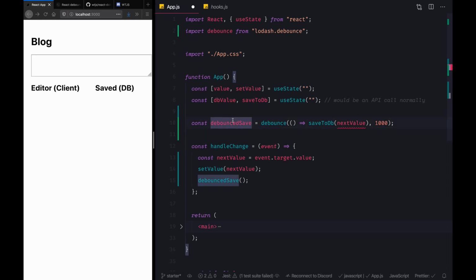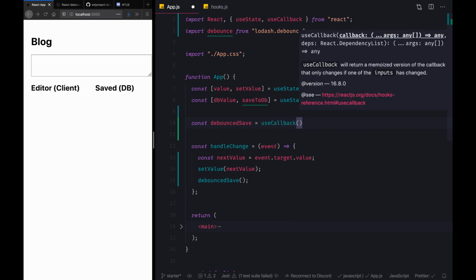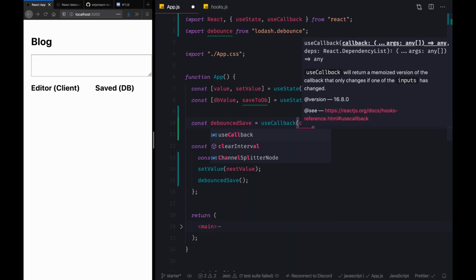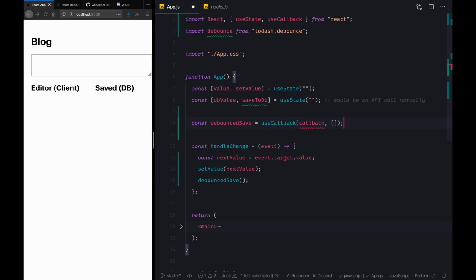But over here we can use useCallback to ensure that this function is created only once as the component mounts. So let's do that. So I'm just going to remove this for now, take a useCallback, and this would expect a callback function, and let's just write something here for now. And in the dependency array, I'm just passing nothing.